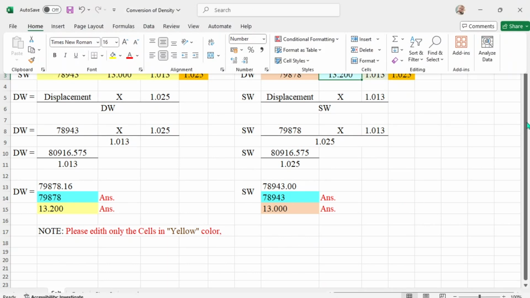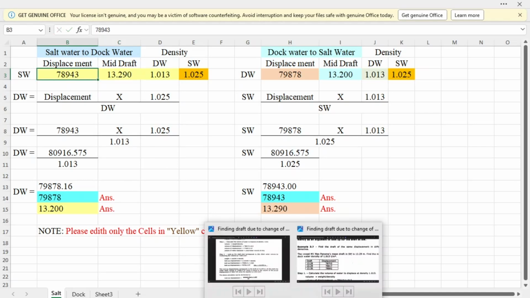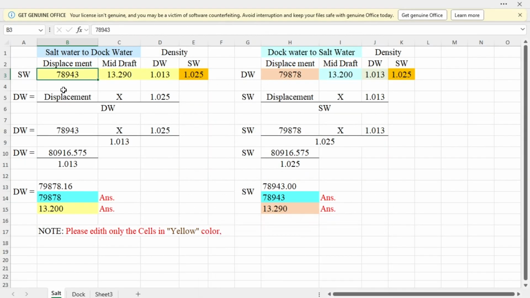So from the draft of 13.29, displacement was 78817. That will be the saltwater displacement, and to get the dock water